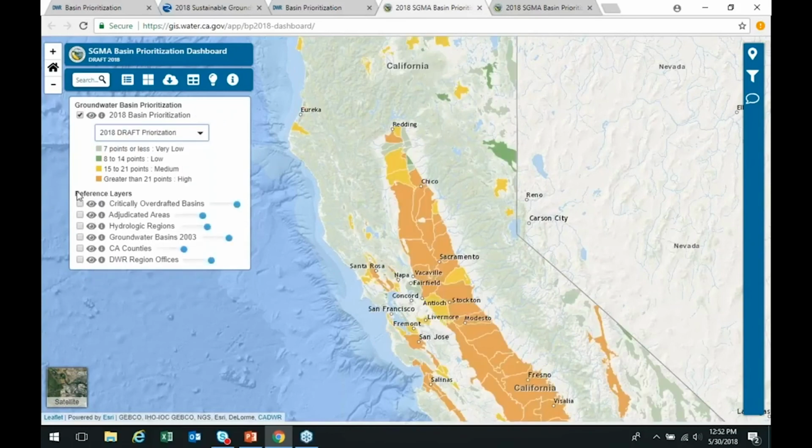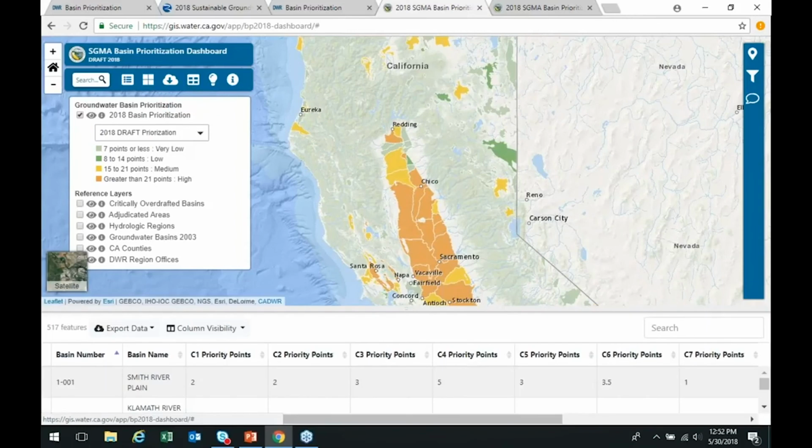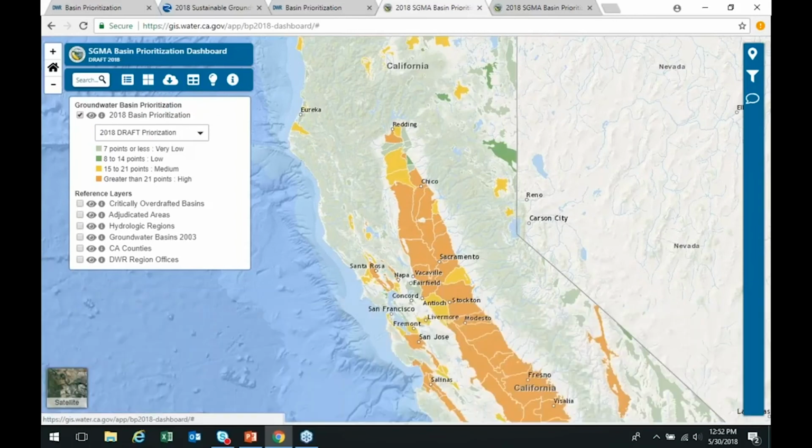There's also reference layers: critically overdrafted basins that Roy mentioned, adjudicated areas, hydrologic regions, prior version of basin boundaries, counties, and regional offices. Another tool here is you can change the base map if you're interested in looking at satellite imagery. You can download data, and you can look at information in a tab format. We'll go into these features in a second.